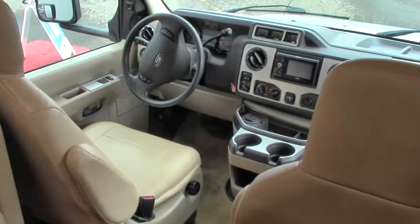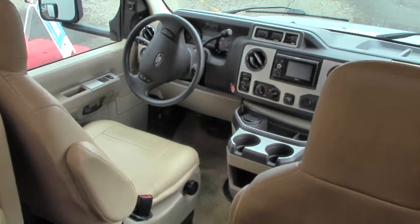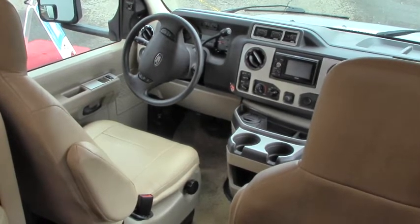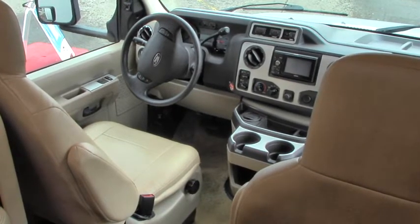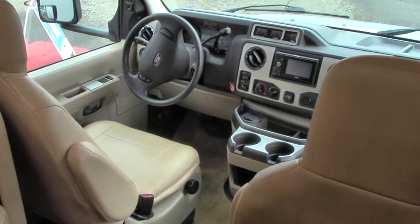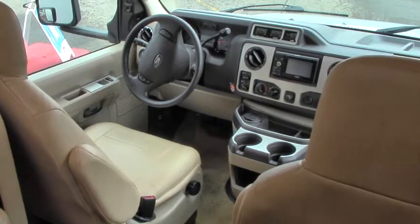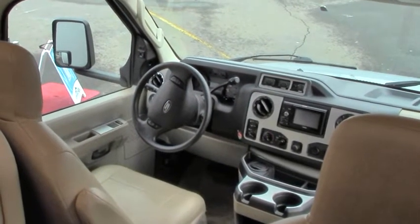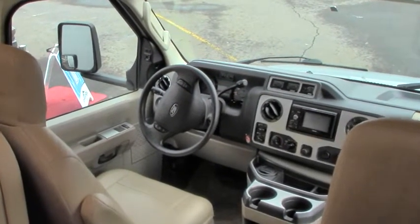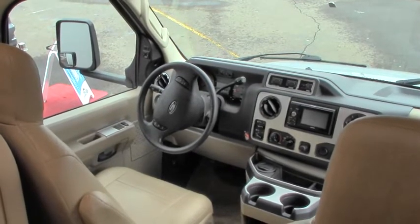We're inside the 2012 Regency GT from E, and looking at the front cockpit area. And of course, one of the first things you notice is the beautiful ultra leather, the way they treat the front chairs, very comfortable, and that's brought throughout the rest of the coach. You'll see in a minute. It also has a TomTom in-dash system, backup camera, also has side cameras on this particular one. That was an option in this year. You have battery boost, heated remote mirrors, cruise control, a lot of the things we come to expect in the